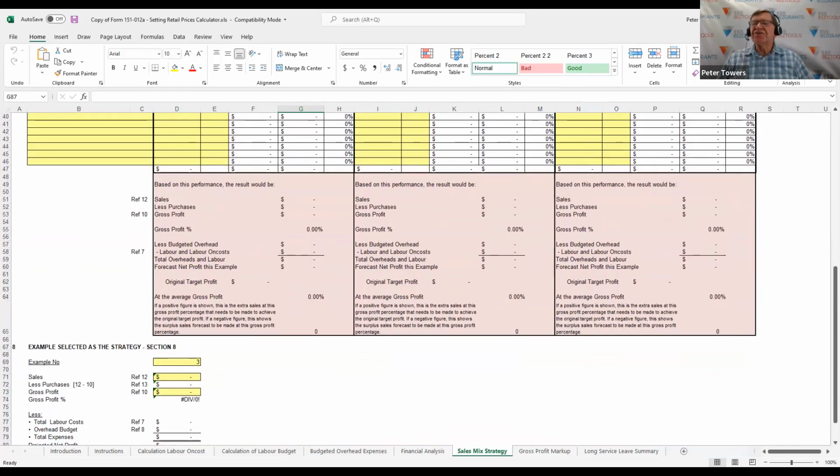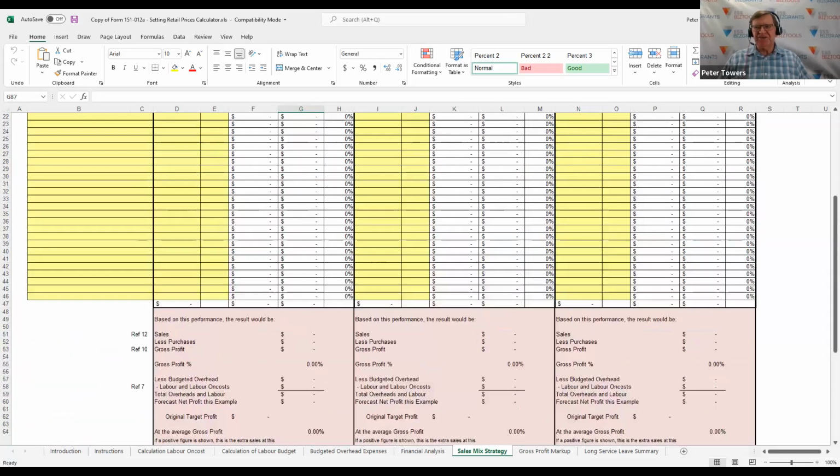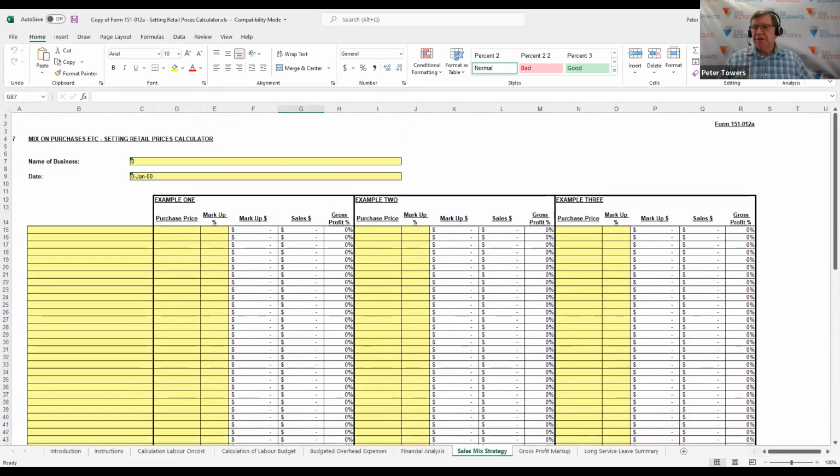And the system will also tell you, based on this average gross profit that's now being achieved, how much more sales will have to be made to meet the targeted profit, which has been set at $100,000 in this exercise. So that's the first exercise that you do. You can then move across into example 2, whereby you can make some variations